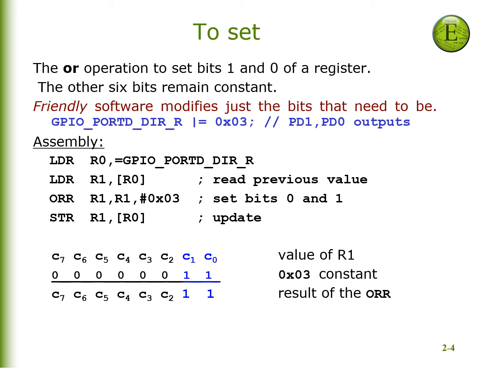Let us look at how the OR operation can be used to set certain bits of a variable stored in the memory. In this code segment that is written in the assembly language, we are going to read that variable. The variable is GPIO port D direction underscore R. So that is a register that is to set the direction of the port D,